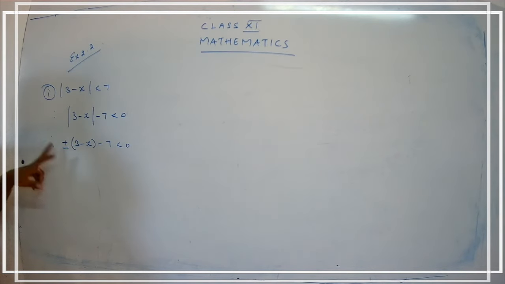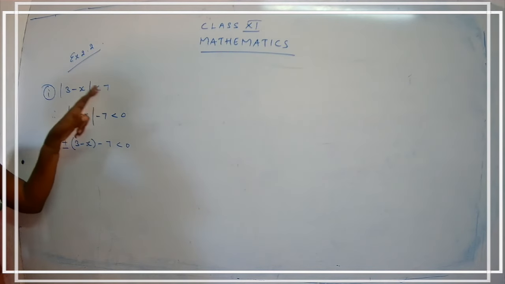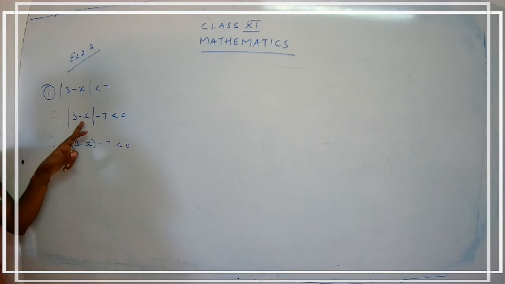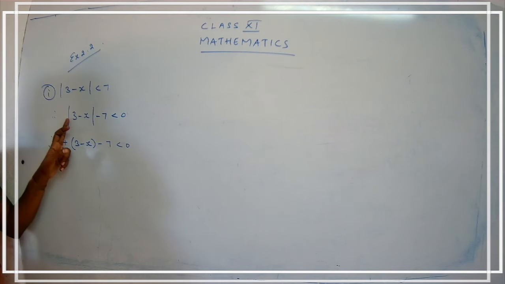Are you clear? Yeah, because absolute value function takes x when it is greater than 0 and it takes minus x when it is less than 0. So you are going to take both the positive and the negative values. So now here I get two cases. One is we are going to solve with a positive sign and the second case we are going to solve with a negative sign. Are you clear, children? The first step is you are just bringing the number that was on RHS to the LHS. So mod 3 minus x minus 7 is less than 0. Now here when I am removing the absolute sign, you just include here plus minus.